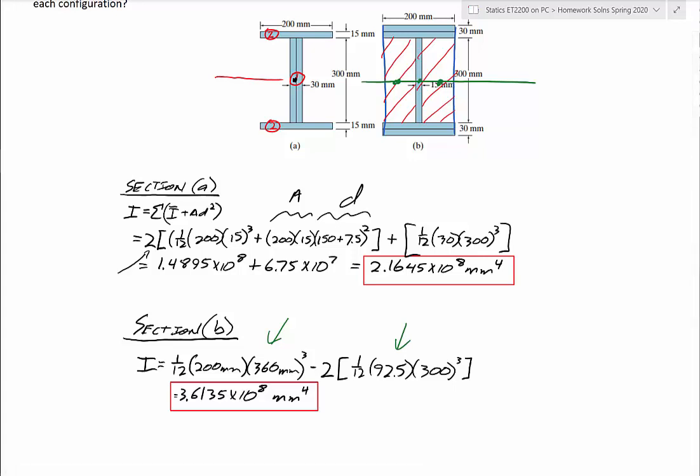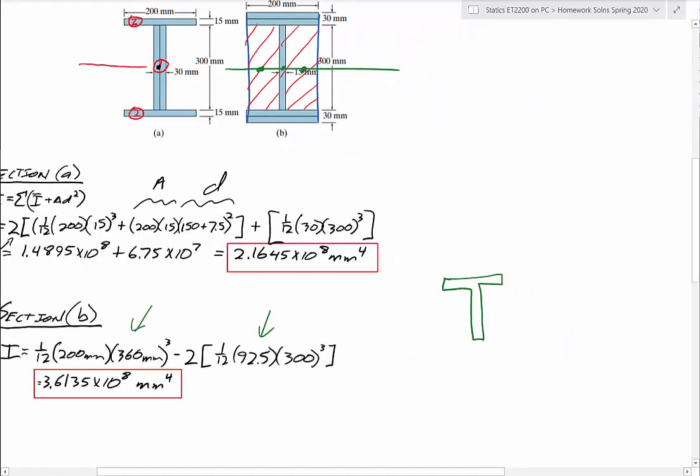Either way works. Just be careful. You could not do that if you had a T shape or something like our last section. And the reason it doesn't work is if I want to know the centroid of the T shape, it's somewhere skewed up towards the top, right? And if I did the outside rectangle, then the centroid is right at